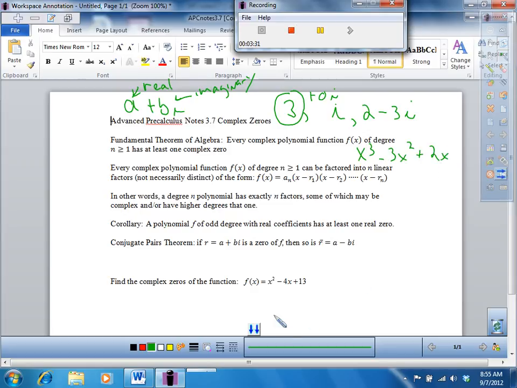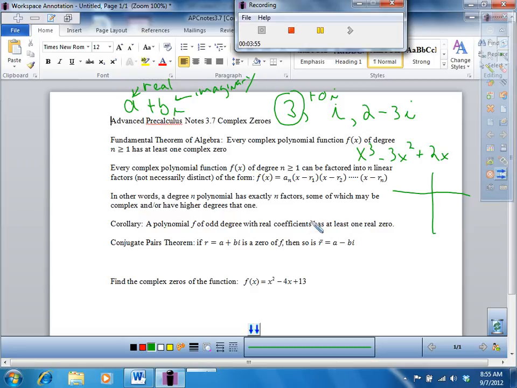How many factors is that going to have? 3. And some of them may be real, and some of them may be complex, but at the minimum, you're going to have 3. Okay? Corollary. A polynomial of odd degree with real coefficients has at least one real zero, because if it's odd, okay,